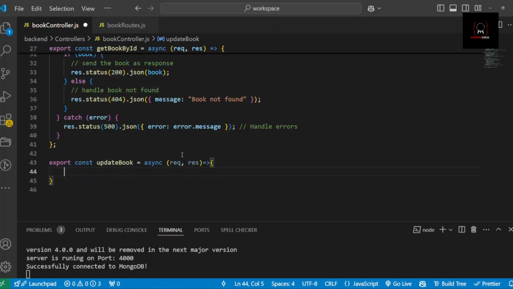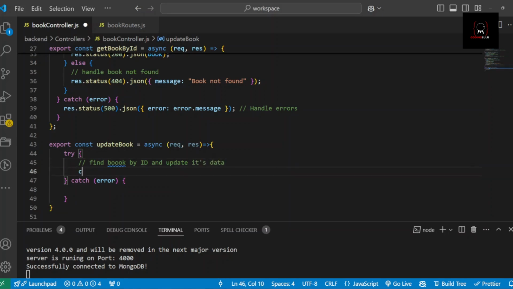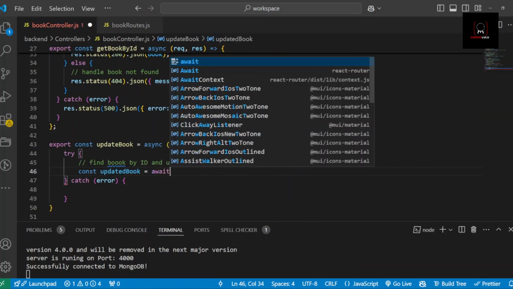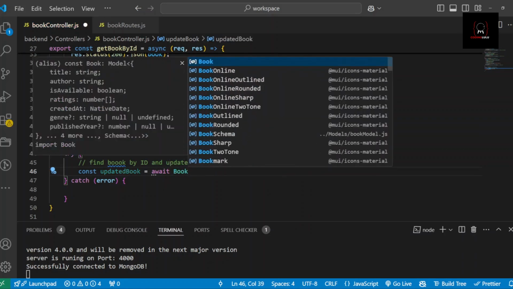Then we'll have our try catch block. And inside our try block, the first thing we want to do is find the book by ID and then update it with the new data. So I'll define a new variable, const updatedBook, and then we'll do an await because we want to await the response from our database. Then Book, the model we created earlier, dot